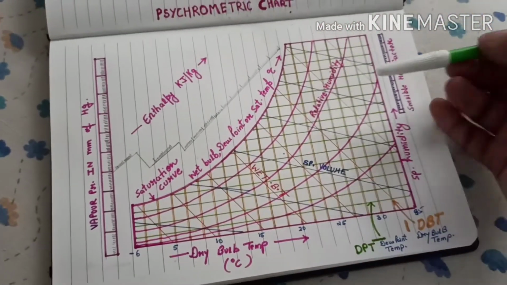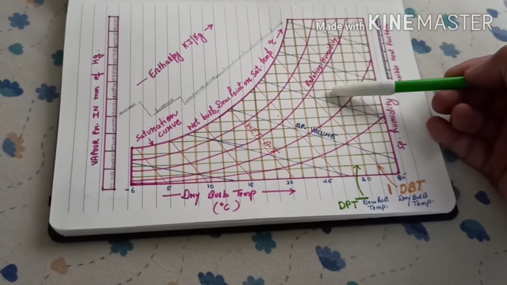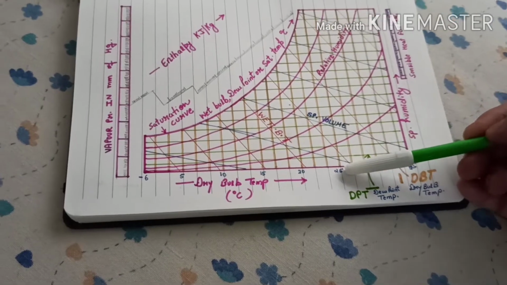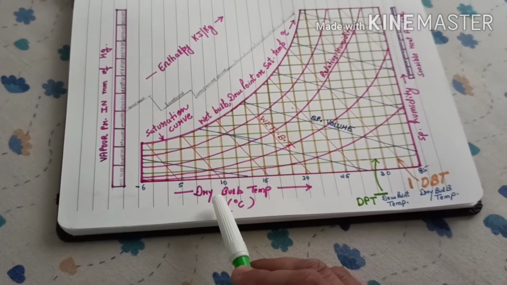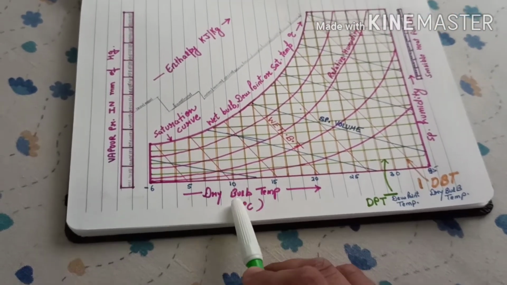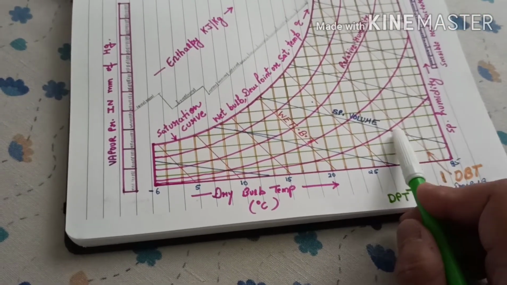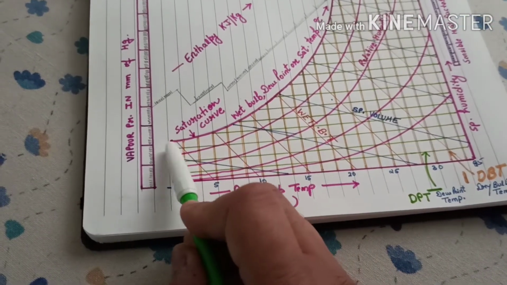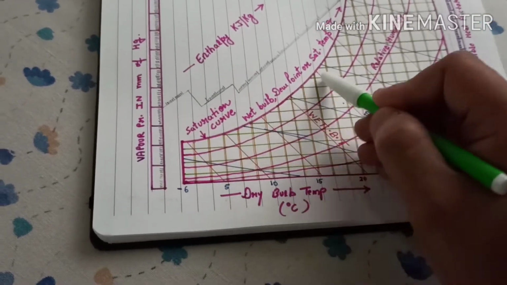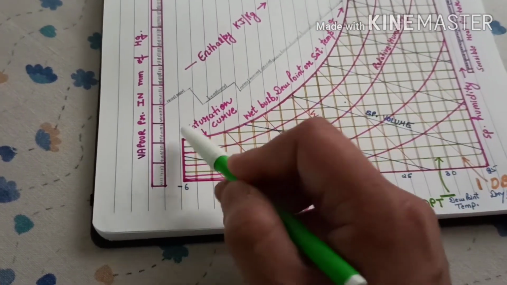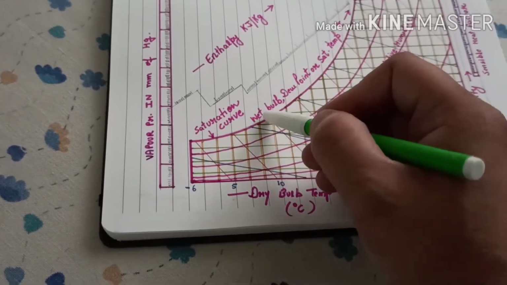Now, first of all, let us see the dry bulb temperature line. If this is the line of the dry bulb temperature, then it is dropping down here, which will give us the value 25, so it will be 25 degrees centigrade dry bulb temperature. Then if we take DPT, that means the dew point temperature line, it is drawn horizontally. It will cut somewhere here or here or here on this graph. This curve is called the saturation curve, where all lines generally touch or cut this saturation curve, and we get